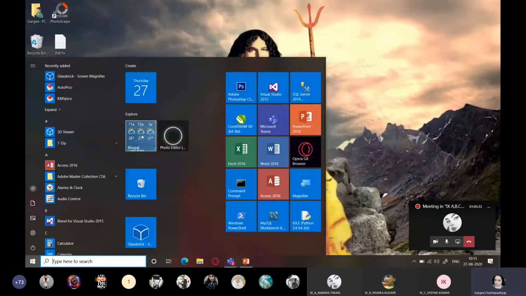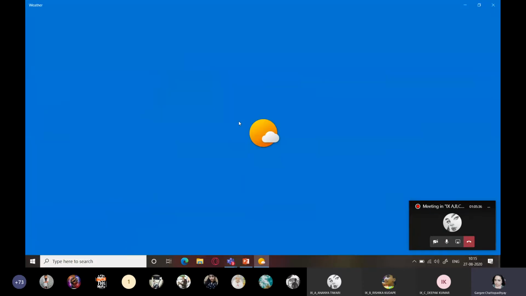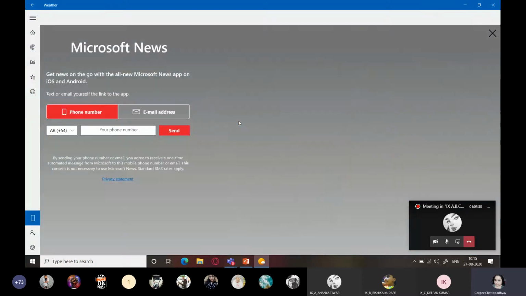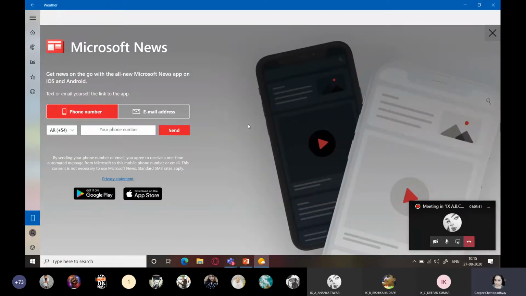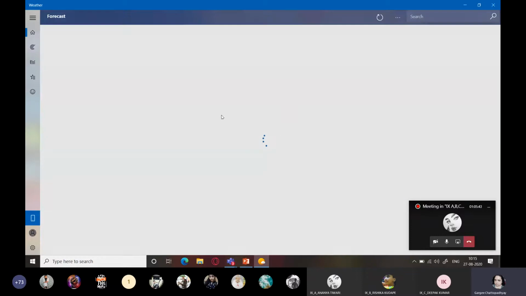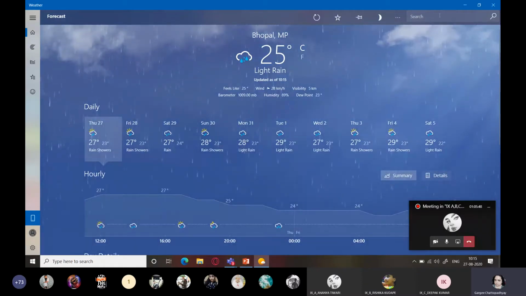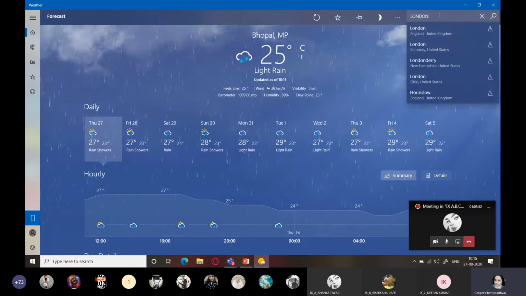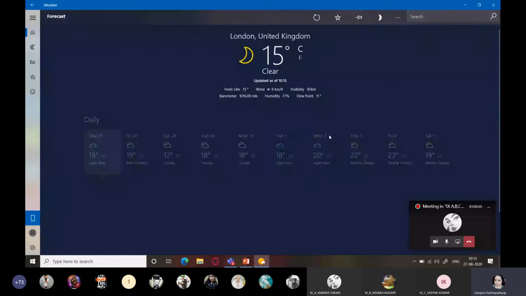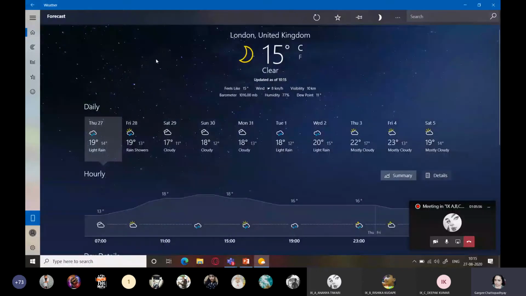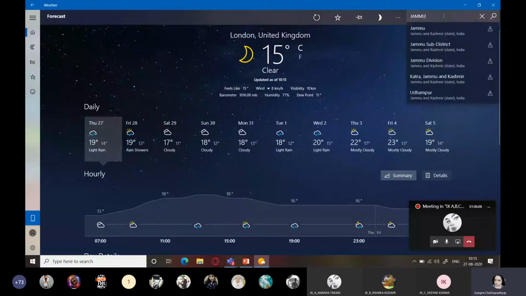Not only that, I also have Weather. So I'll just click on this. These are small gadgets which you can use, small application programs which you can use to perform small operations. Okay. So like this right now, the weather over here, you can see it. I can search for any location, like I want to say check out London, United Kingdom. Just click on that and it will show me the weather for United Kingdom. So it is clear, and right now it is night time over there. Okay. And I want to check the weather of Jammu. So I can see that also.